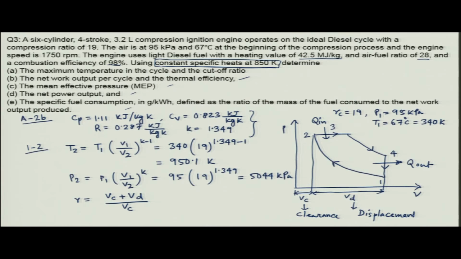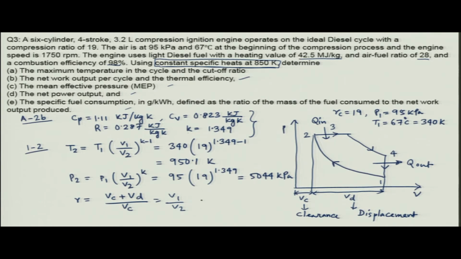I hope you have already studied this during the course. So, what does Vd mean? The piston is moving from 1 to 2 and then again going back. So, between the 1 to 2 process, this is the stroke, right, and the corresponding volume is Vd, the displacement volume. The lowest volume, which occurs at point 2, is called the clearance volume. So, R is the compression ratio, which can be written as Vc plus Vd, which is basically V1, and Vc is V2. That is the definition of the compression ratio.